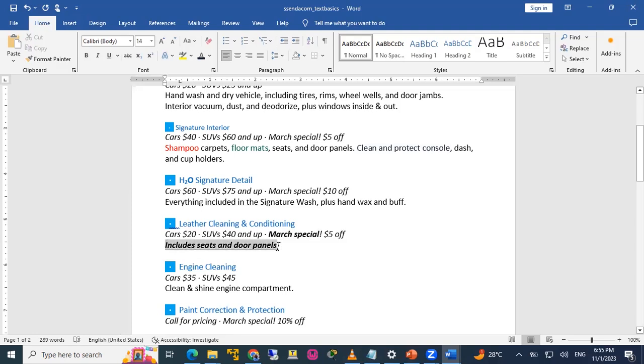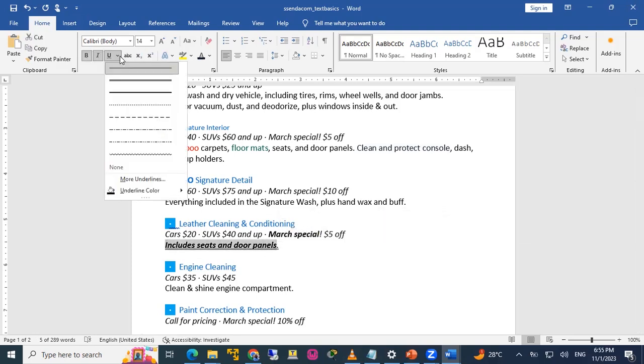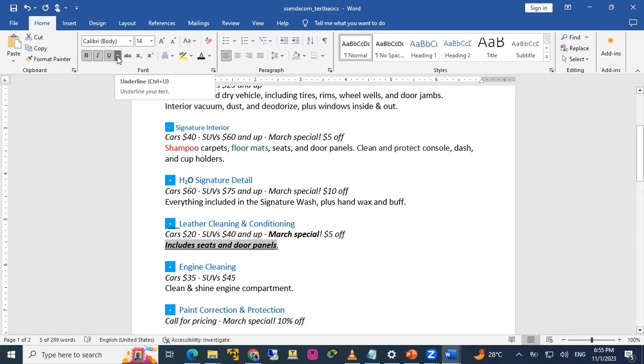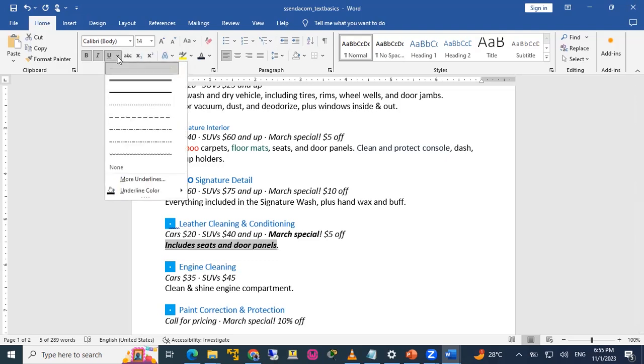So with the underline, there are certain things that you can add to your underline. So if you hit the arrow down there, you can see that you can actually add several lines. Instead of the solid line, you can do double solid lines. You can do a thick line. You can do dashes. So the line that we do, it's not only the solid line that we always use to underline. You can do dashes, you can do spiral.